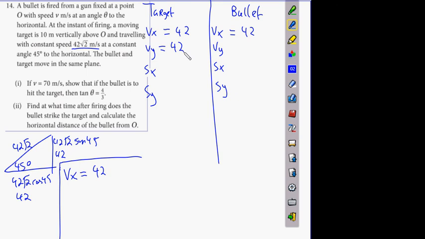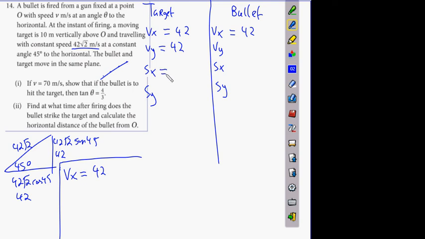So remember that if an object has its own power source, projectiles are only projectiles when they have no power source on them. A target has its own power source, so it just keeps traveling upwards at its speed, as said in the question, right? So it's not a projectile, so it doesn't obey the projectile equations. Okay, so it stays going at 42. Sx therefore is